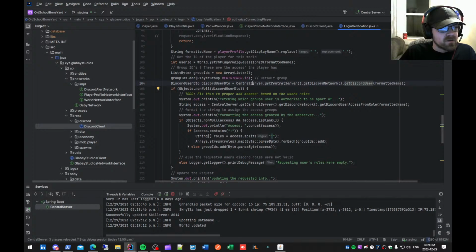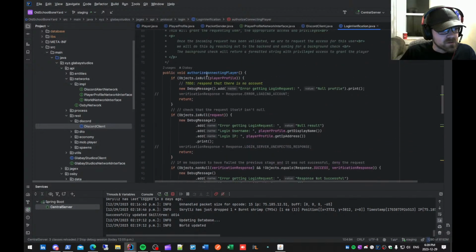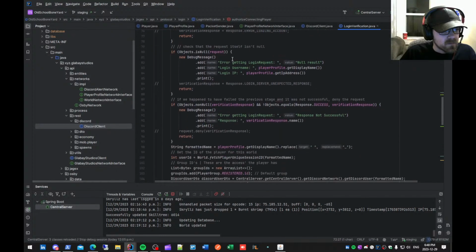There we go. So in my login verification stage, when it's trying to authorize the player, it goes through and